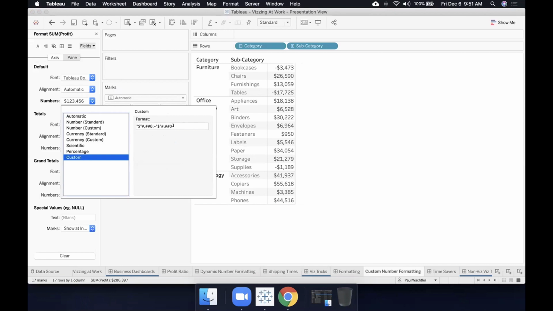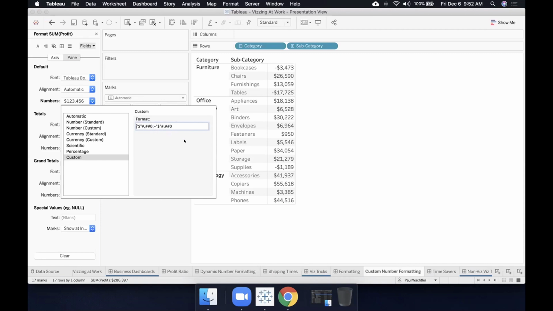Now, this might look like a bunch of a mess here, but what it's actually showing is two different sides of number formatting separated by the semicolon in the middle. So anything to the left of the semicolon is formatting for positive numbers. Anything to the right of the semicolon is formatting for negative numbers. You'll see it has the negative sign in there for negative numbers, has the dollar sign on both sides. It's also adding in this comma for thousands formatting.